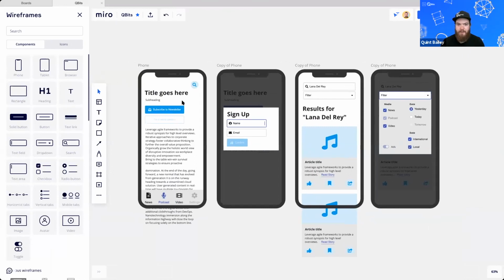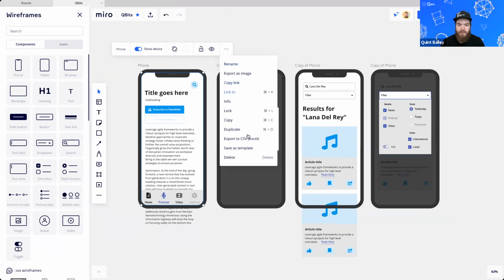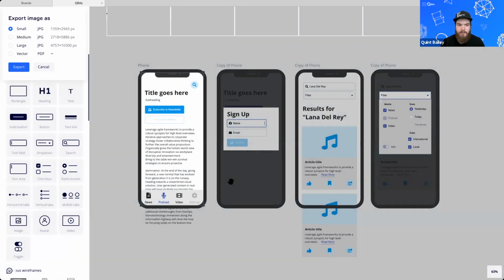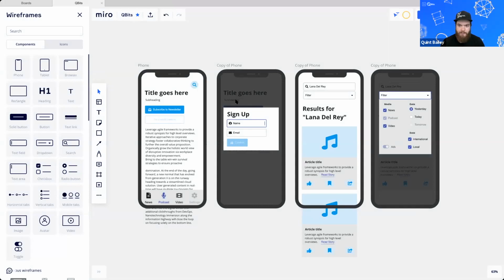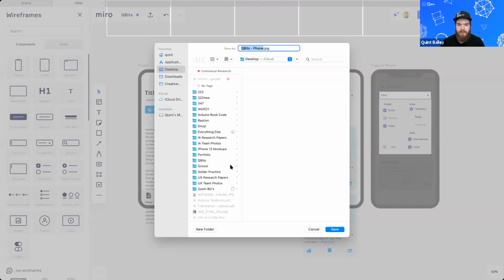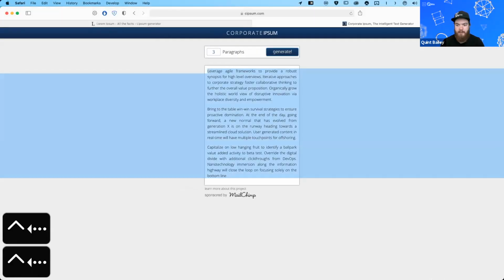All right. Yep. Fantastic. So we're going to click on this frame and you can see all the different information about the frame and different things you can do, but I'm just going to export it as an image. And I'm going to do the small JPEG. Let's go ahead and export that. It's going to ask me where I want to save it because it's nice. We'll just do QBits phone here. And I will save that to my desktop. And if we go to my desktop and take a look,